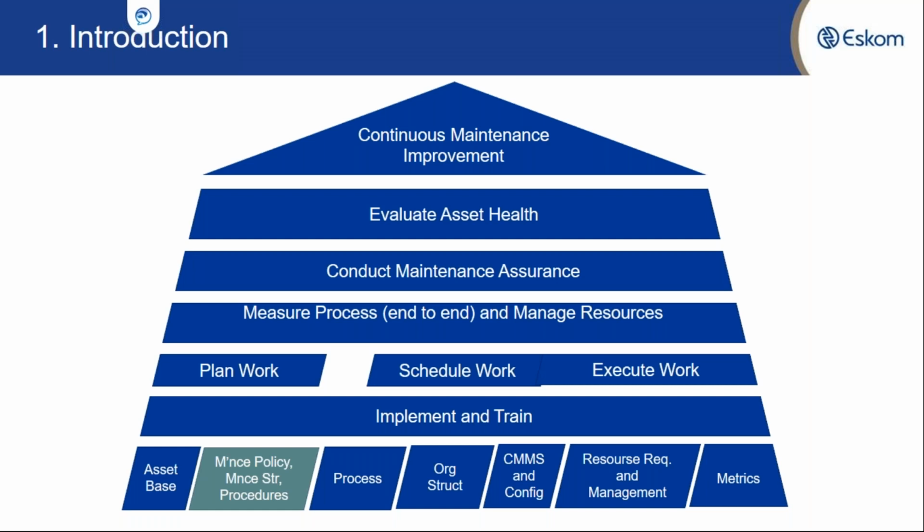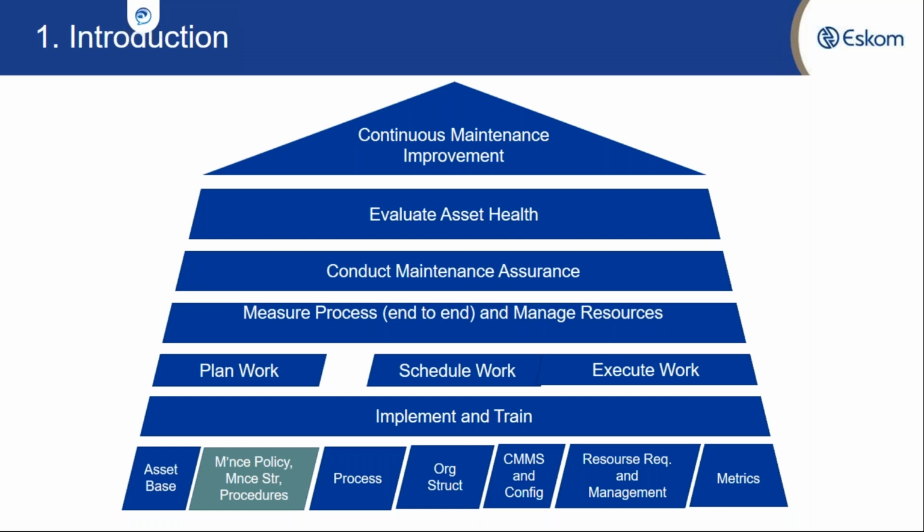Right at the bottom are the base elements, and it all starts with the asset records. So you need to have your asset base. Your information needs to be complete, because if you have missing assets in your asset records, you'll end up with a situation whereby you are omitting maintaining other assets. Then the second block, closer to the asset base, is the block that we are focusing on today. This block covers the maintenance documentation, and our focus in this block is on the maintenance strategies.